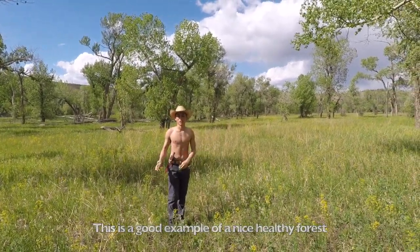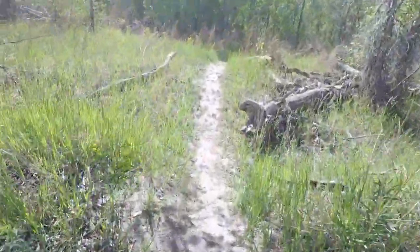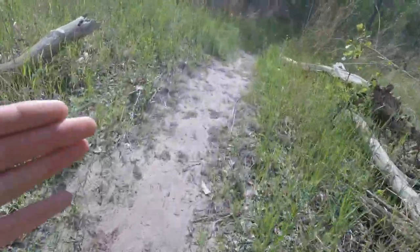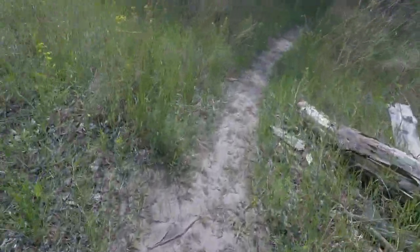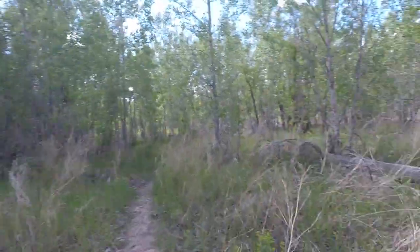healthy forest. So as we come in here, it's a completely different habitat because this is just on the shore of the river, and this spot is a lot more prone to flooding. And as you can see, there's a